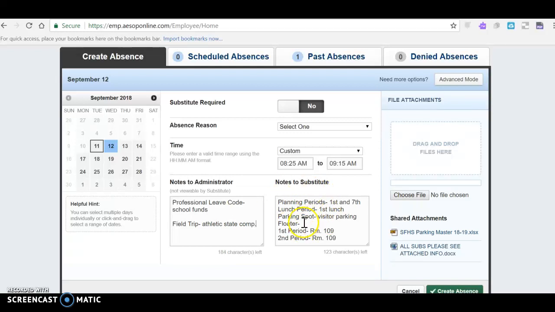Notes to substitute. This is very, very important. You need to make sure that you have your planning periods listed here. You have your lunch period, so what lunch you have. For your parking spot, you're typically going to want to put in your parking spot number. However, if you are going to be on campus for some type of professional development and there is a sub in your classroom, then you're going to want to denote that they need to park in the visitor parking. So please make sure these notes are very clear. This is very helpful to Ms. McCants because it prevents her from having to look up all of your planning periods